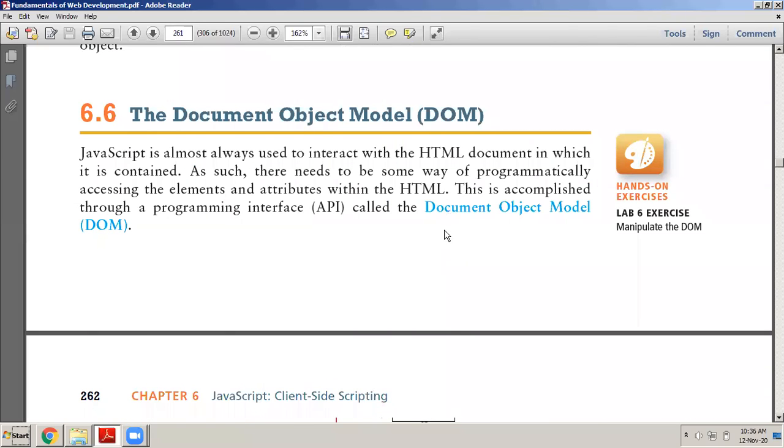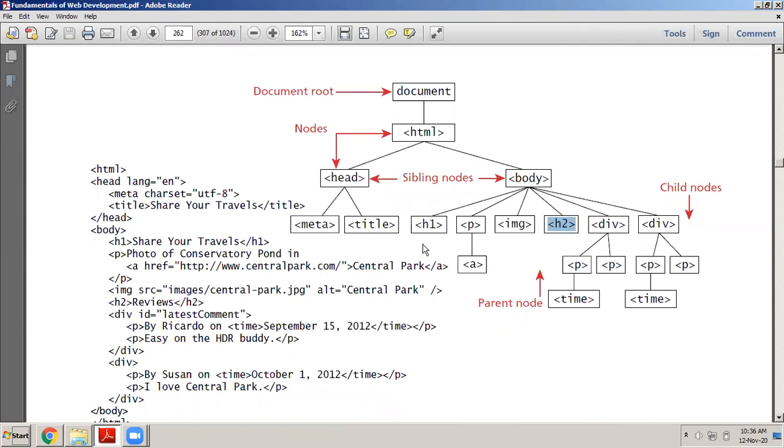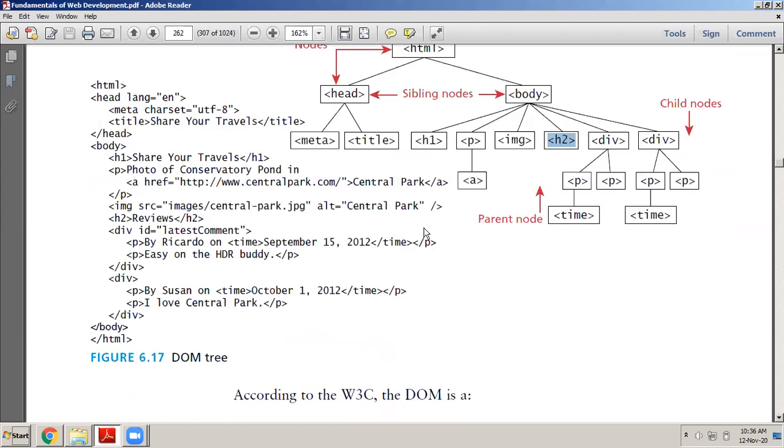So document object model is nothing but the programming interface. It's an application programming interface, API, which contains a lot of built-in properties and methods using which you can change the content and style of nodes of HTML. Nodes of HTML means tags of HTML, sections of HTML.